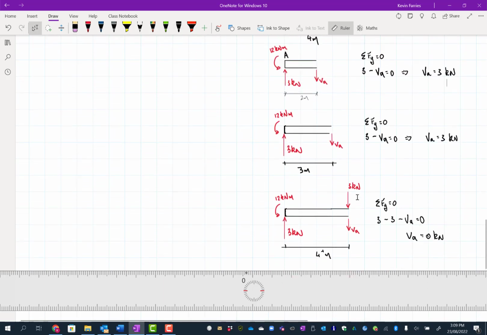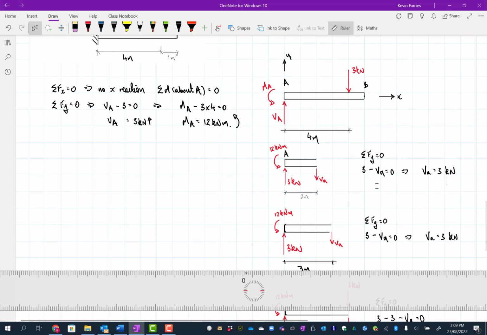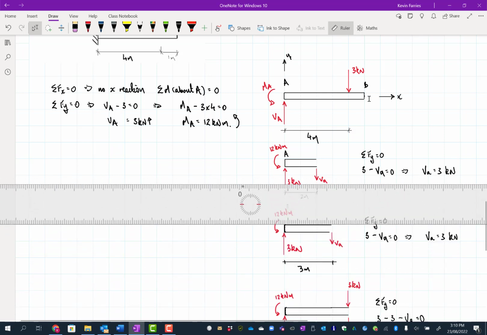And so what does that mean? Well, it means that you start off, it's going to be 3 kilonewtons all the way along here. You get to that 3 kilonewtons, it drops to 0. So it's going down 3 kilonewtons, and then it'd be 0 for the rest. So if we were going to draw the shear force diagram,